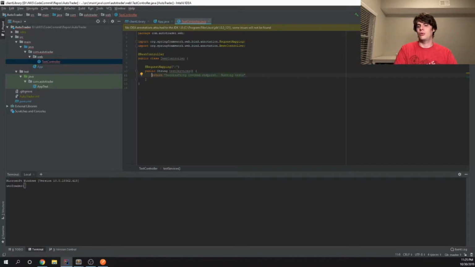Actually, we'll do this a little bit nicer. So string result, we'll initialize it to